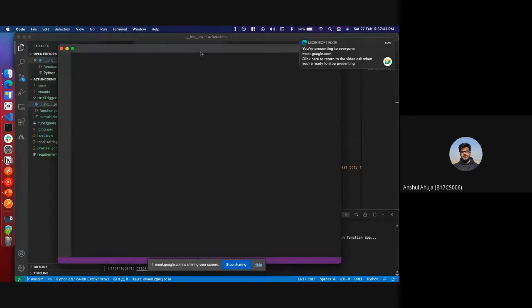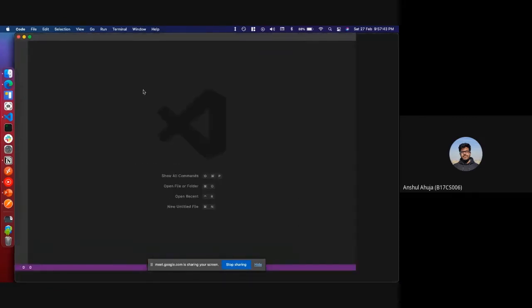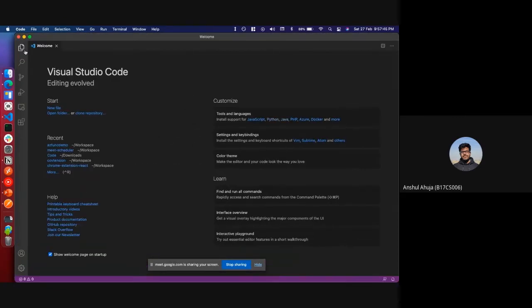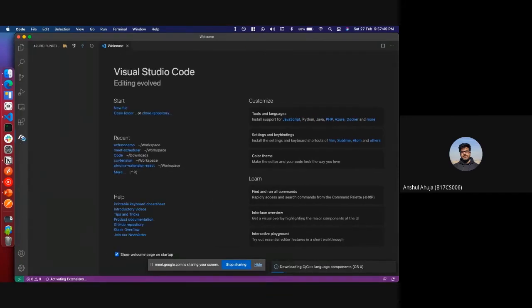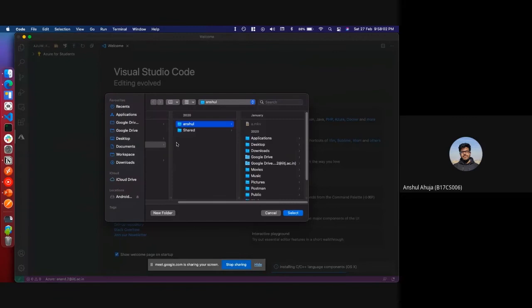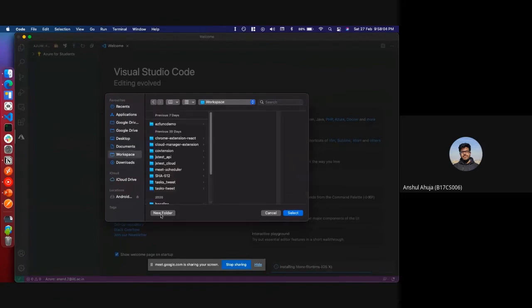I'll take a fresh window so that you guys can also follow along. So if you would have installed the Azure Functions extension, it would have shown up over here. If you click over here, you'll get the Azure Functions thing. And what you need to do is firstly create a new project. Yeah, it's setting up. Yep. So let's say,